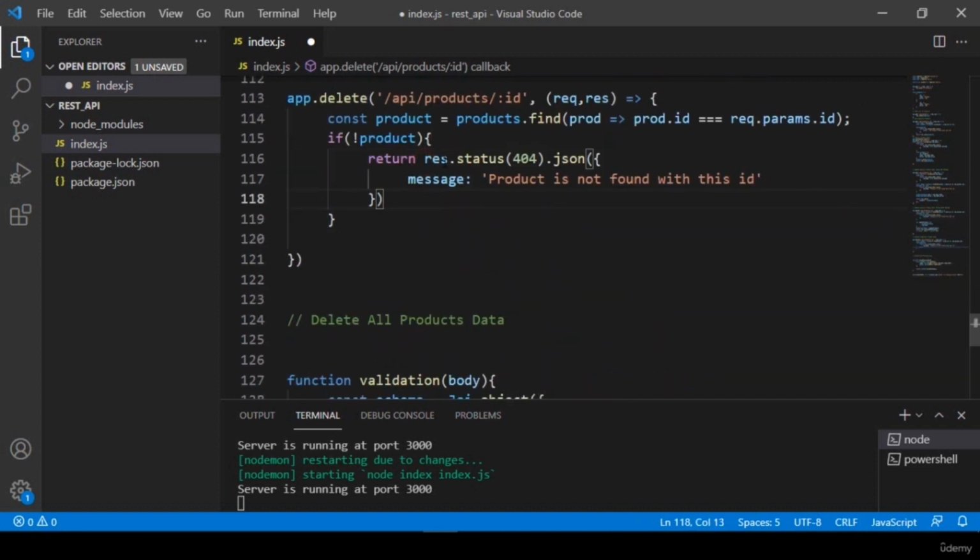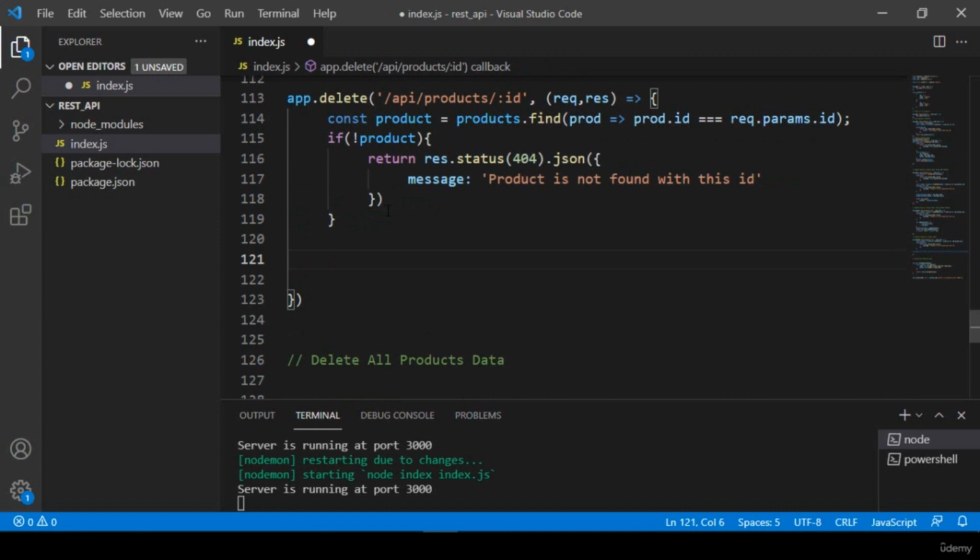Okay, it will be the return of the response. The status will be 404. That will be in JSON data, and the message will be "product is not found". Okay, product is not found with this ID. This type of message will be displayed. Great. And after that, when we get this data, now we have to delete it with a specific one of